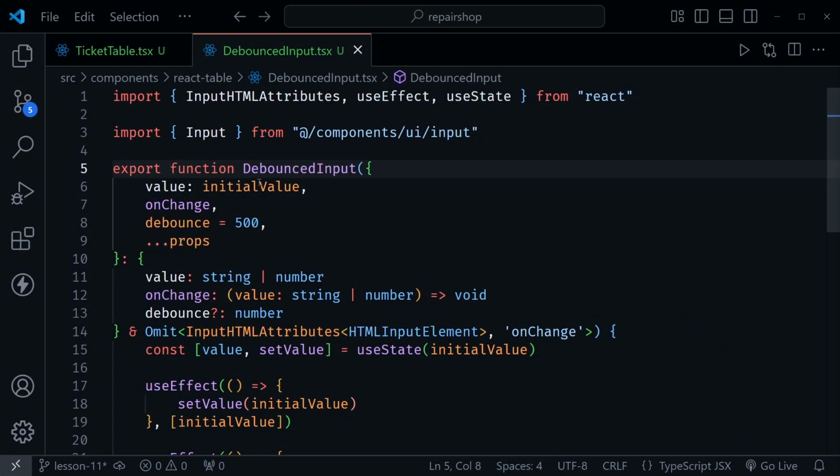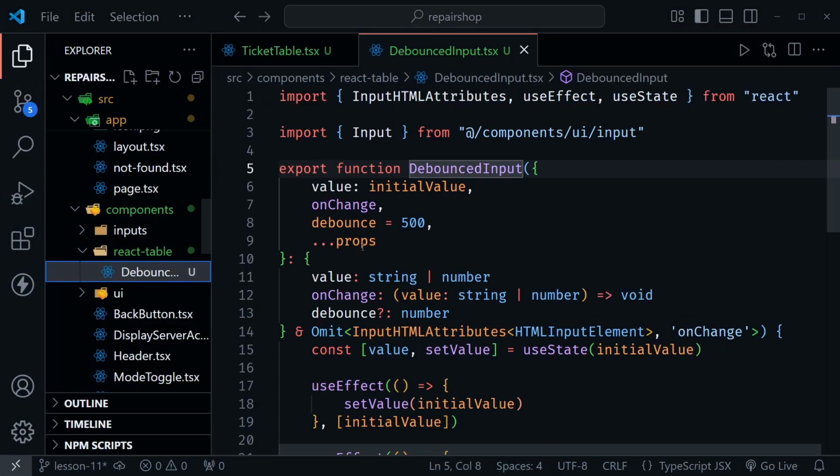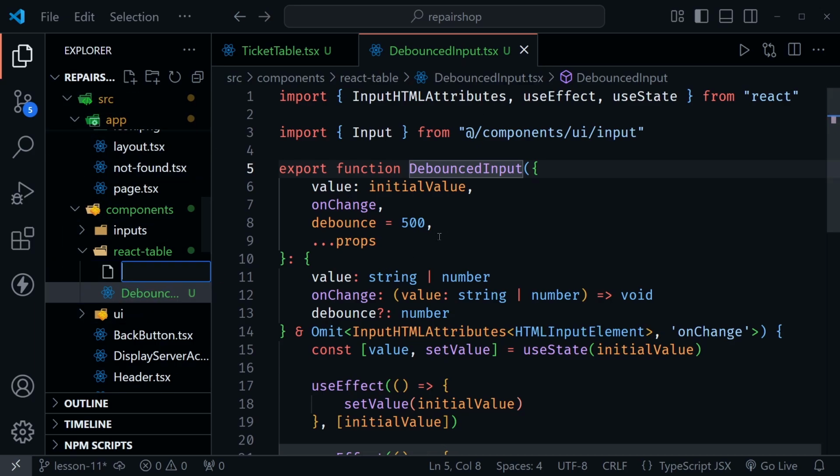All right, I'm back in VS Code. I'll show the file tree, and we can see by already having the debounced input open, this is where we want to be. So I'm just going to create the next component directly in the React table directory there. We'll call this